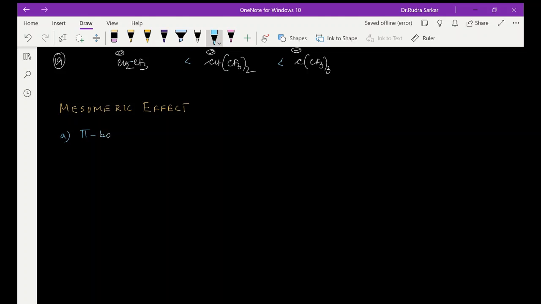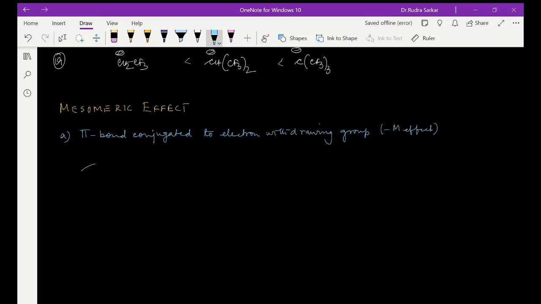the pi bond conjugated to electron withdrawing group. Okay, now this would be known as the minus M effect. Okay, so for that,